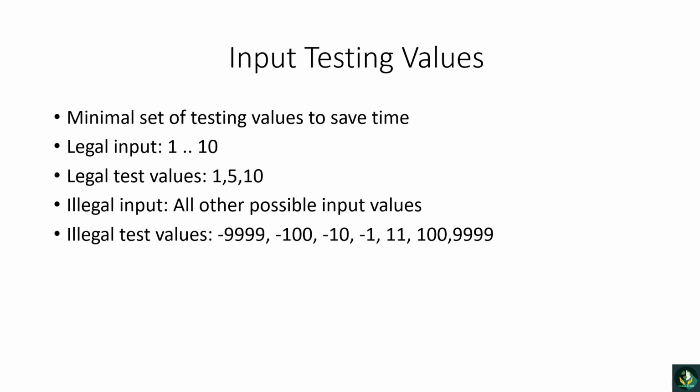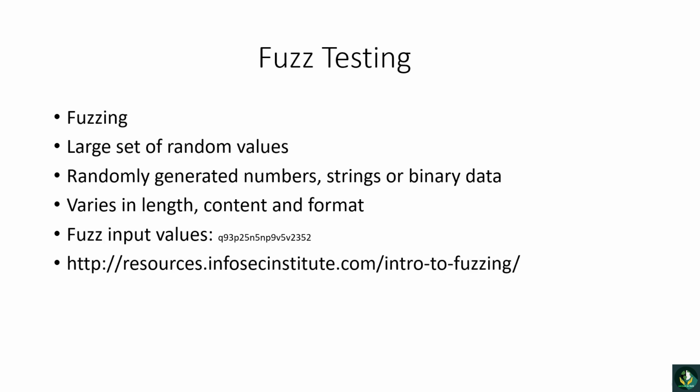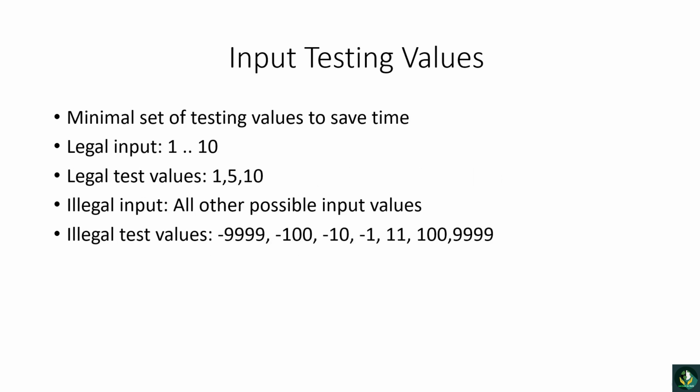We can use a finite set of illegal input values for input testing, but how do you know if the values you choose will catch any and all input vulnerabilities? Between performing minimal set testing and full set testing lies